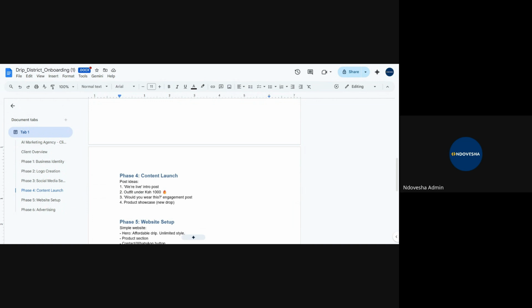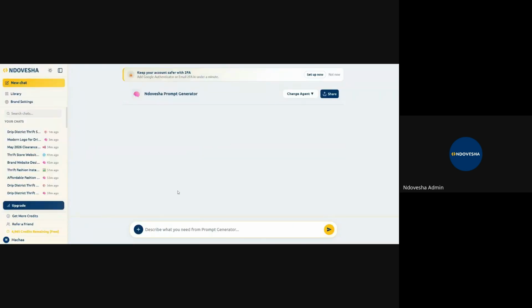Then we'll come back to our agent and tell it, create me a prompt I can use to generate